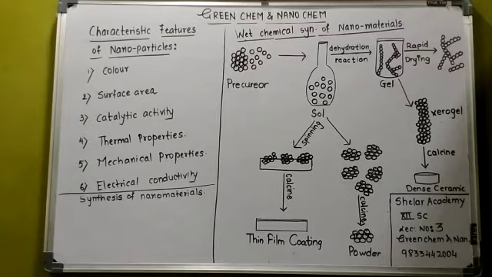Next is the synthesis of the nanoparticles. I have not drawn the diagram here, it's a very simple diagram. There was no space here, so I have not drawn it over here. There are two approaches for the synthesis of the nanoparticles. You can see it over here. Bottom up, which is given below, and the top down show the preparation methods for the nanoparticle. In the bottom up approach, the molecular components arrange themselves into more complex assemblies, atom by atom, molecule by molecule, and cluster by cluster from the bottom.